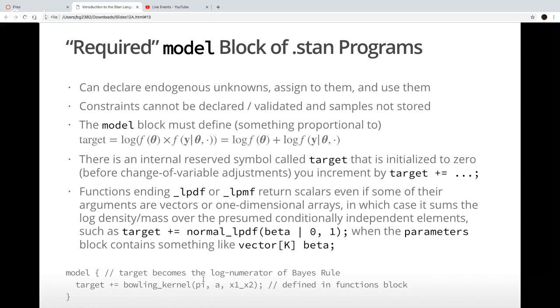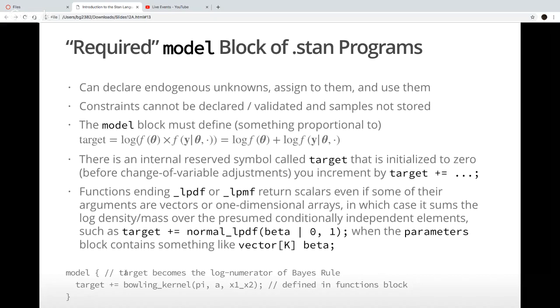So I call that function, I give it pi, I give it my vector of hyper shape parameters A, and I give it the data that came into the data block, and I just do target plus equal that, and that's my numerator in log units of Bayes' rule. I've told Stan that's my numerator, draw from this posterior distribution. So the model block implicitly is basically the numerator of Bayes' rule in log units.